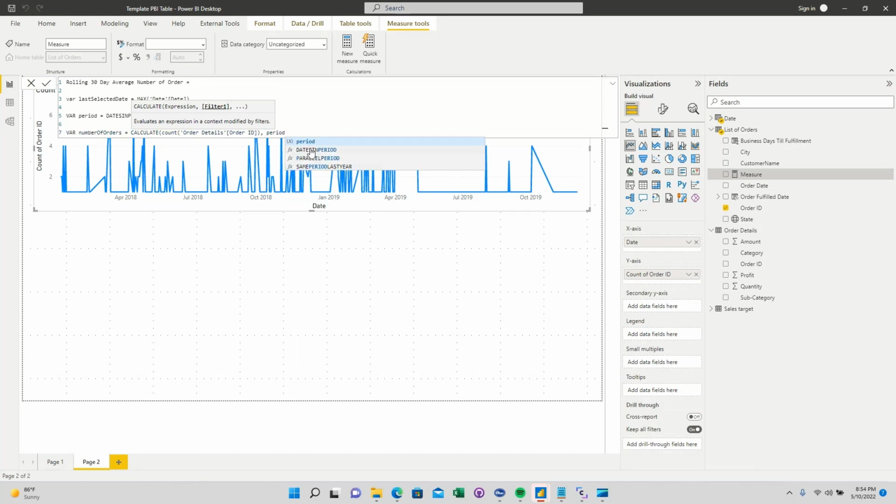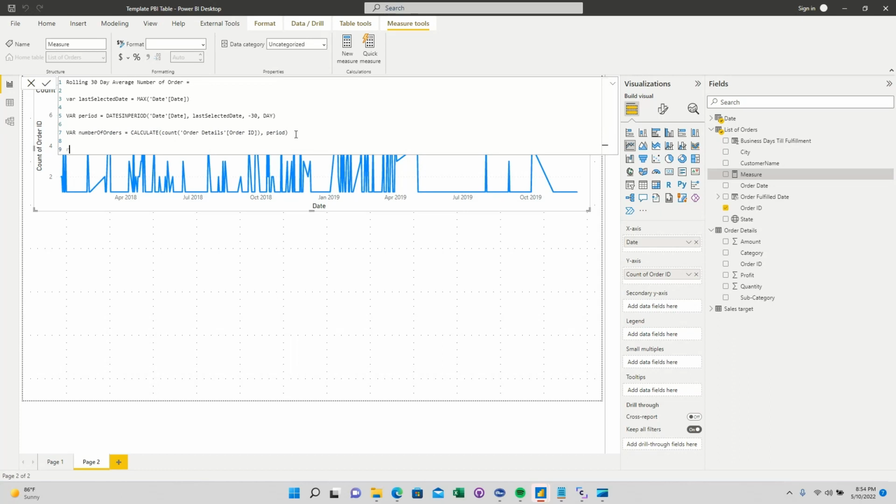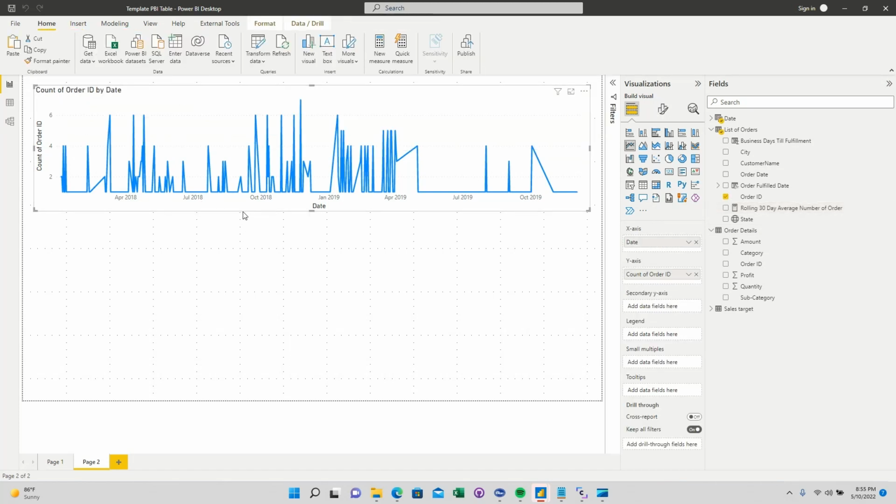We'll close out those parentheses, and then we need to return the number of orders. I'm going to hit enter, enter again. Okay, so right there we have our rolling 30-day average of the number of orders, and I'm going